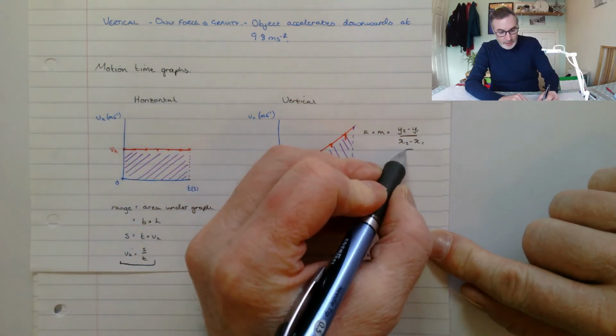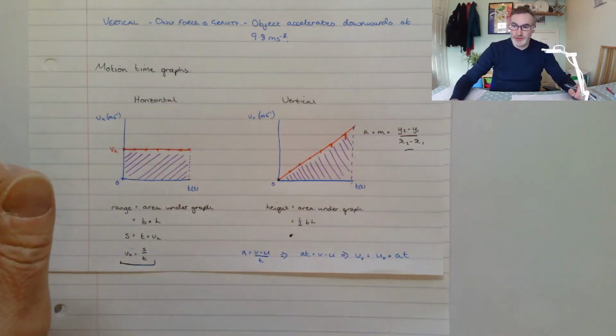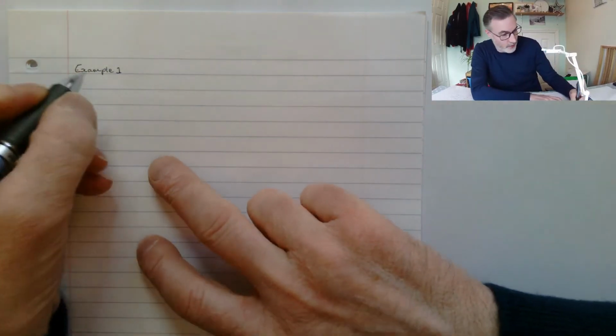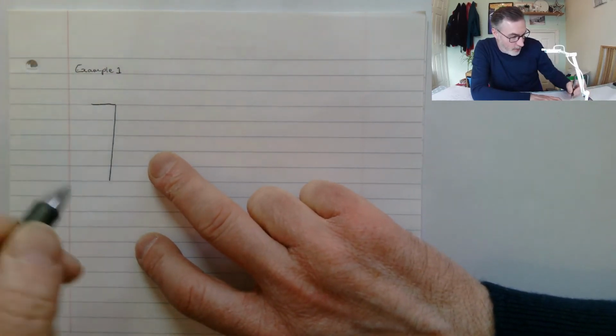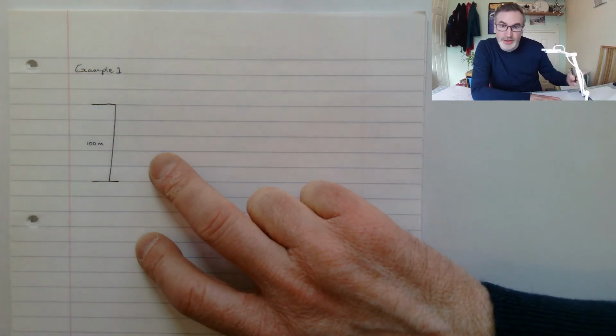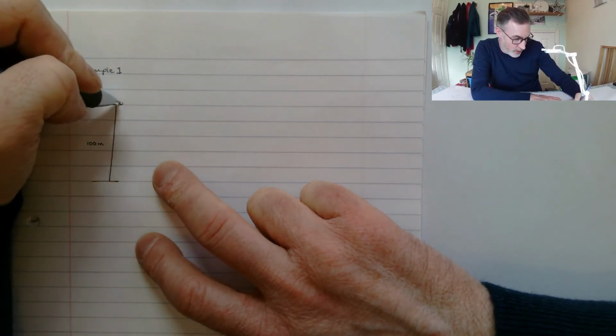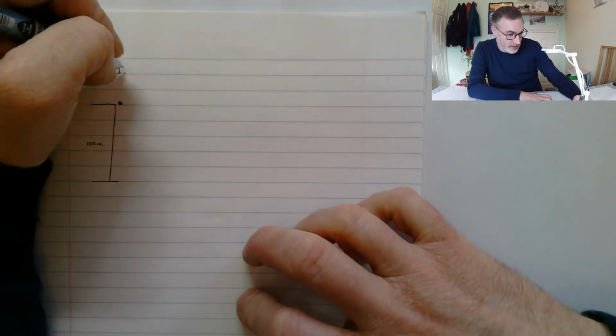In the next section, we're going to be moving on and looking at some worked examples of projectile motion. We'll start off with a really straightforward example where we have a building, and we can see that our building is 100 meters tall. We take an object and we drop the object off of that building. So example 1,